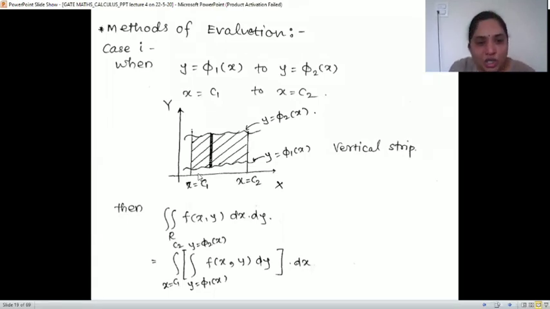If you want to change the limits, we have to draw the strip. Here we don't know what is given first and what is given second, so I'll tell you later when to take which strip. So this is double integration dx dy, y is phi1(x) to phi2(x). Whatever are the variable limits, we have to take them first, and whatever are the constant limits of integration, let that integration be outside, right? So these are functions of x, that is limits for y. So with respect to y we'll take first, and as x is outside, integration with respect to x we'll take later.